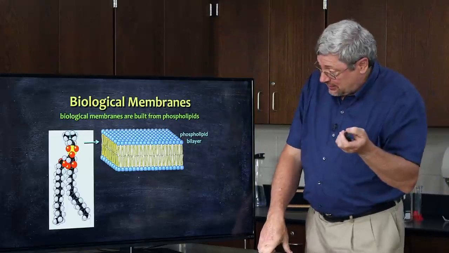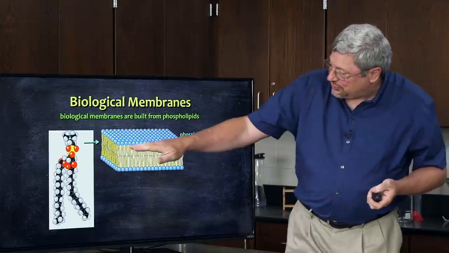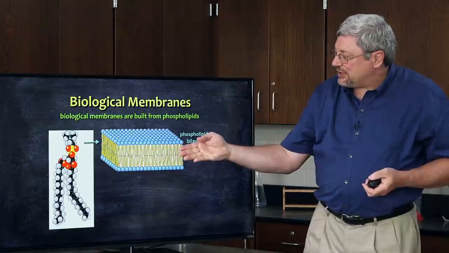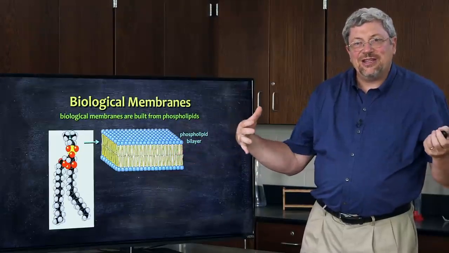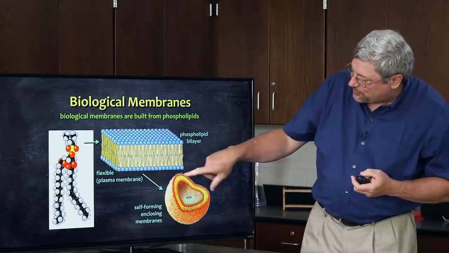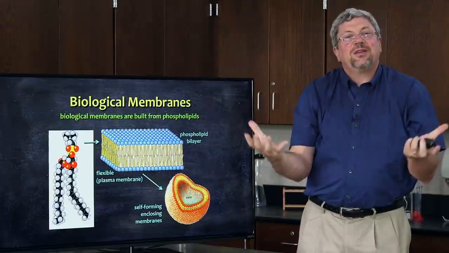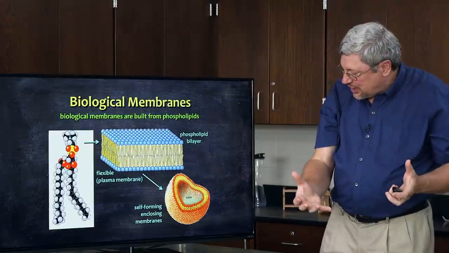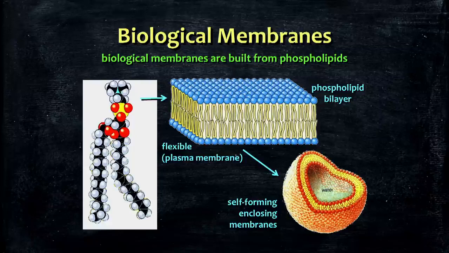Actually, if you have enough of these, it doesn't just do this, because this isn't very comfortable. It would leave an edge here up against water that the molecules wouldn't like. If you have enough of them, what it actually produces is a sphere, a surface that makes a complete sphere shape. Inside the sphere you've got water, outside the sphere you've got water, and the sphere itself is this double layer of legs that do not like water.